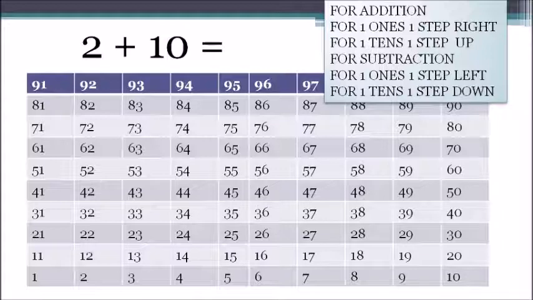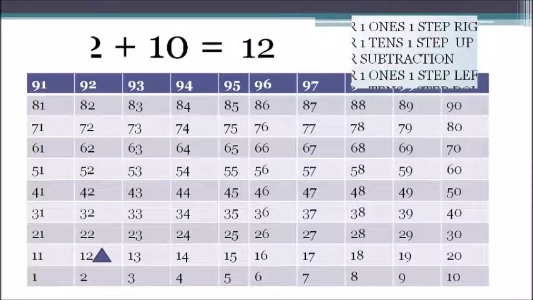First question is asking 2 plus 10. So first of all, we have to reach 2. Just imagine that you are in the box of 2 and you have to add 10 with 2. We had already discussed that in case of addition, when you add 1 tens, you have to take one step up in a column. So you will reach 12. Okay. So what will be the answer? Answer will be 12. Isn't it? It seems so easy. It seems so exciting also. So let's try another one.